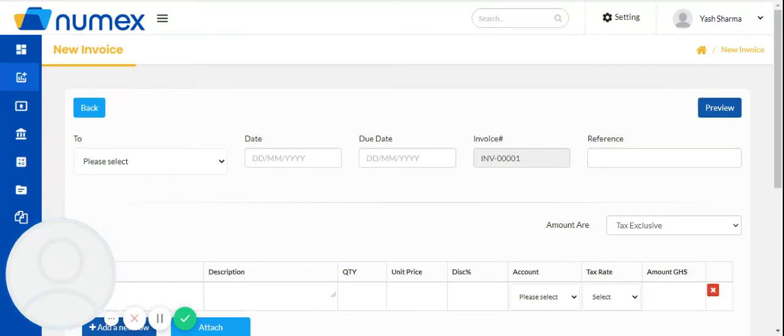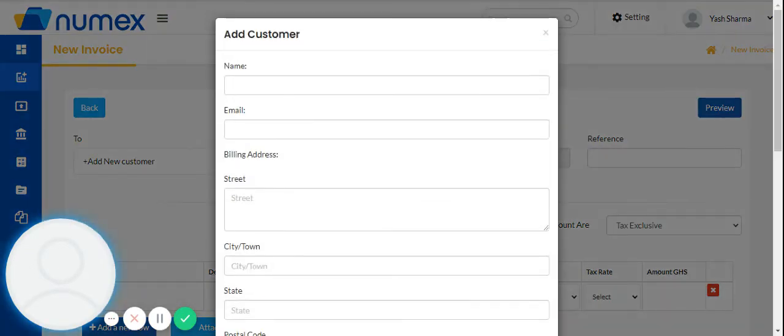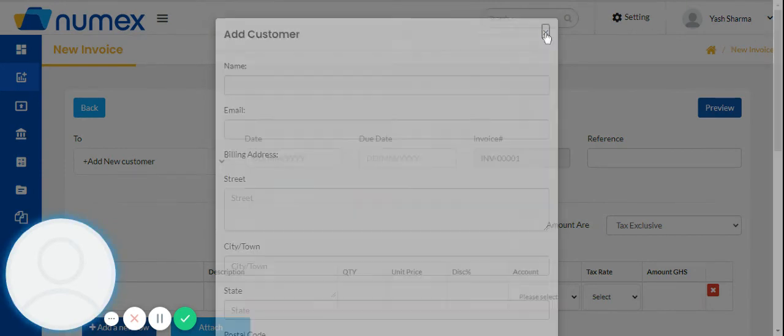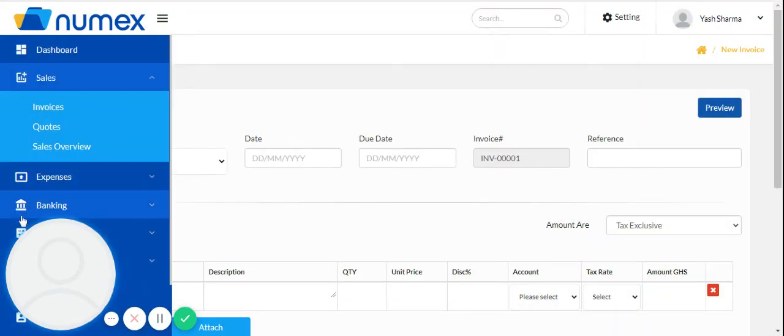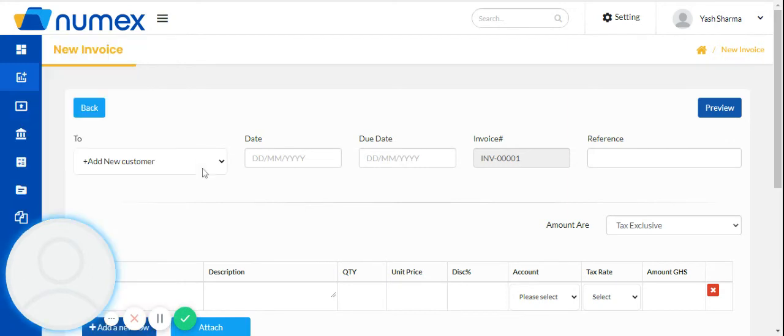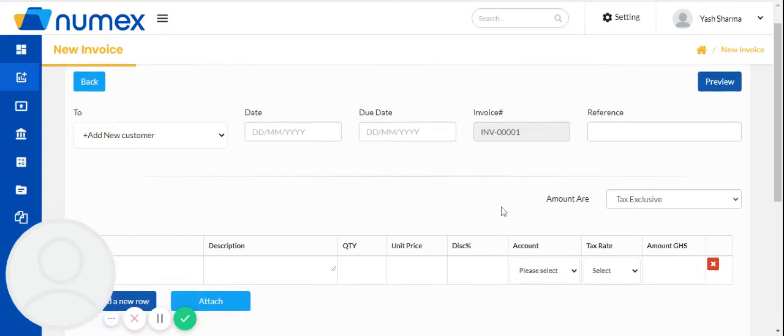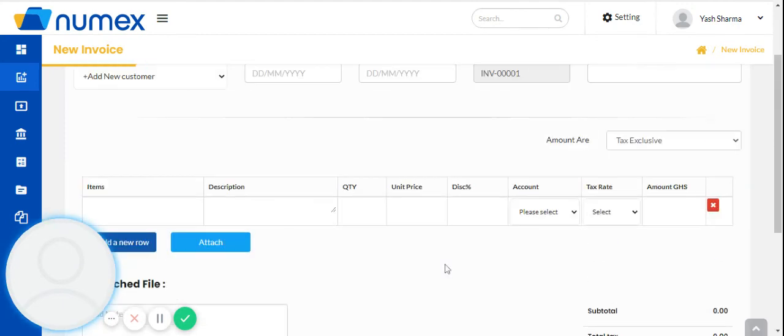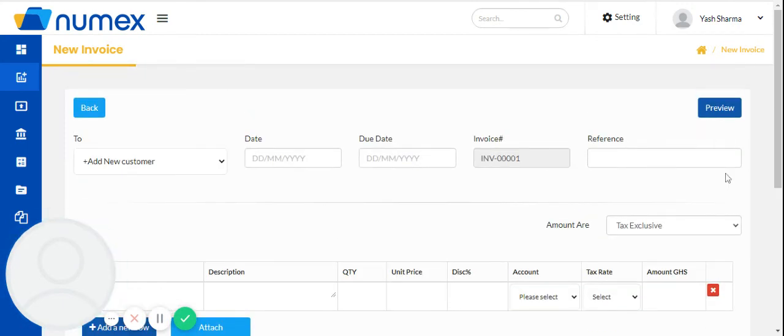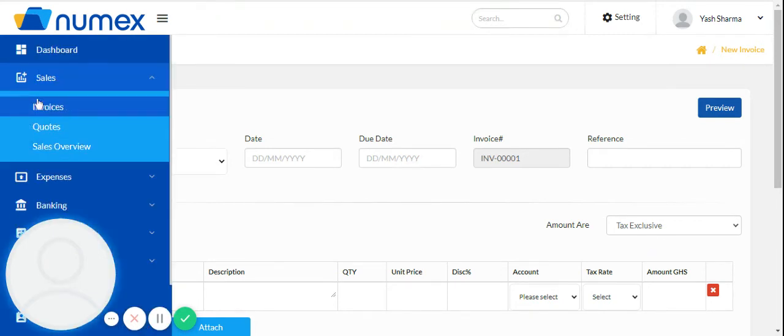You just enter the customer name here. If that customer is new, then from here you can create a new customer by entering his detail. Otherwise, you have one contact module where you have listed all the customers previously. So when you try to search for the customer for whom you want to create the invoice, you will get the name here. So you can create an invoice entering the item details, reference number, everything here.